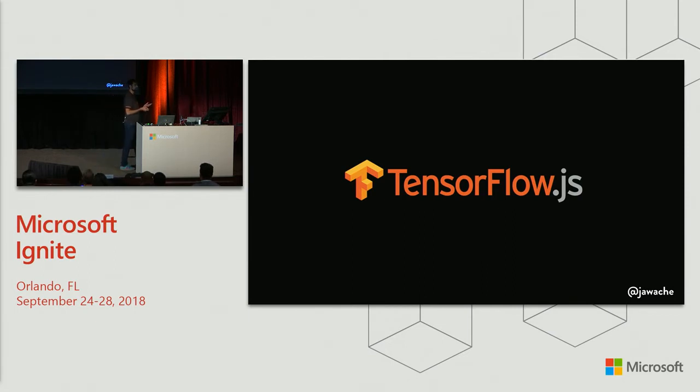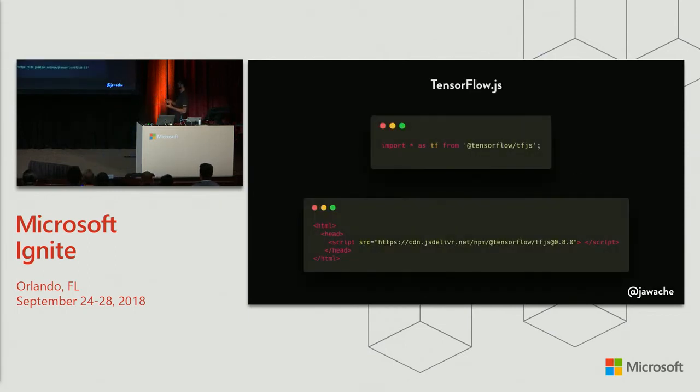Why is that cool? Why is that important? I think it's cool because of this. Now, in order to use TensorFlow, in order to build neural networks in your browser, in JavaScript, you just need to do this. This is the only dependency that you need. Now, if you're a proper JavaScript developer, you're probably going to do something like the above. Or if you're like me, probably use script tags. Okay? So that's it. The important thing from this slide is that that's the only dependency that you need in order to do neural networks in JavaScript. Well, specifically in this case, in the browser.